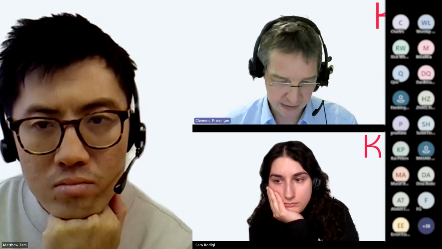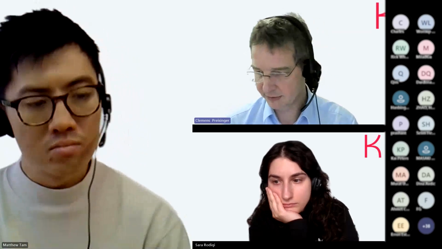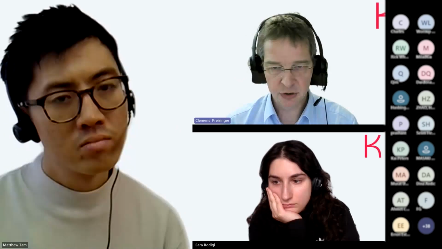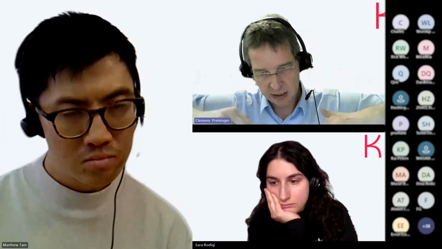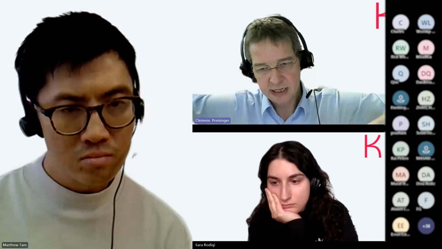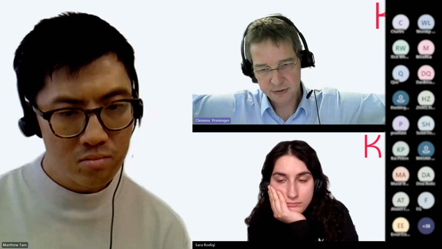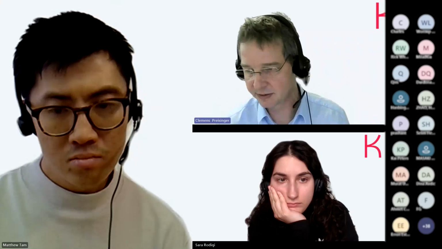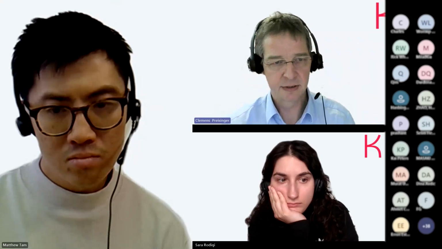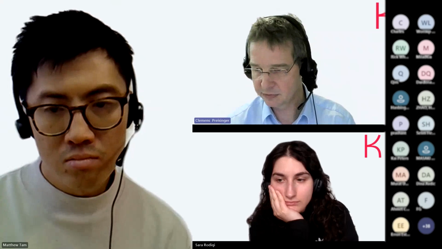So for grid shells, however, it's normally not necessary to do this kind of large deformation analysis, because this means that the deformation is so large that the in-plane or actual forces of the elements are influenced by the transverse displacement. And this is normally not the case in structural engineering